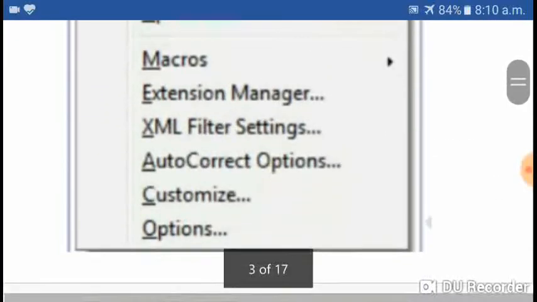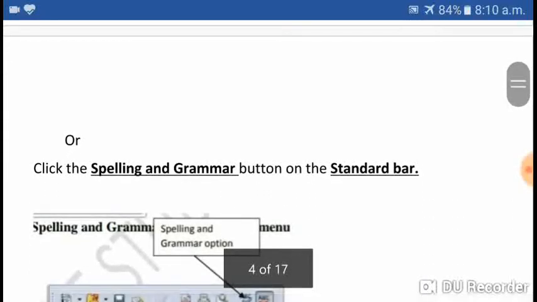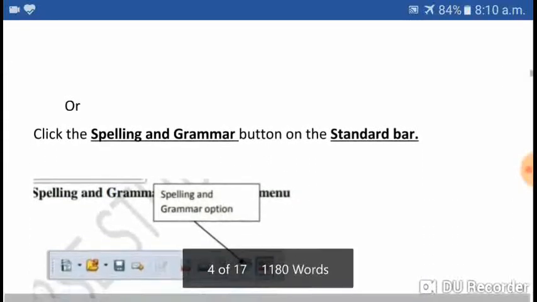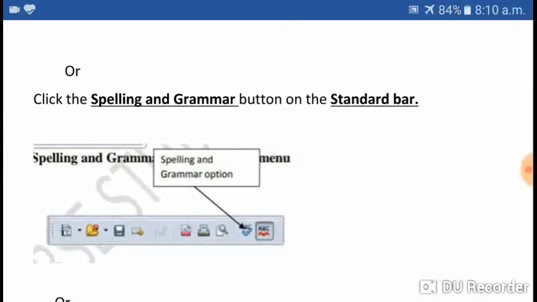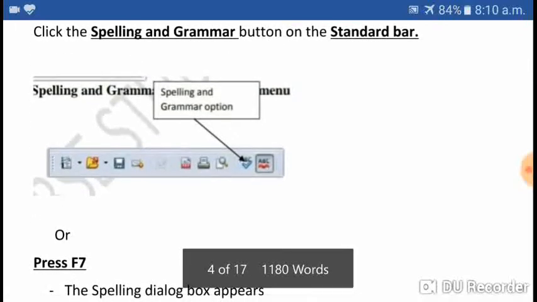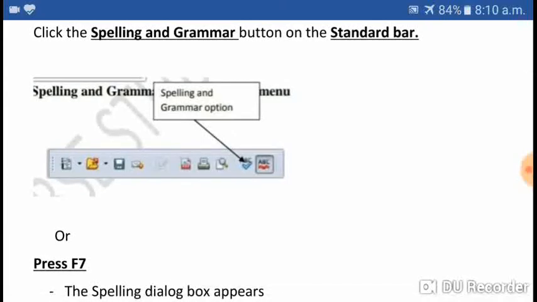Whenever we select the spelling and grammar option from the tools menu, a spelling and grammar dialog box will appear. Its alternative is we can also select the spelling and grammar button on the standard toolbar. Yes, you can see on the standard toolbar there is a spelling and grammar button.